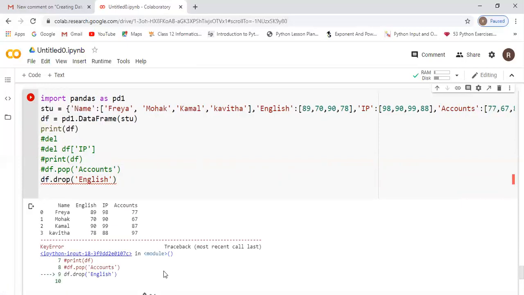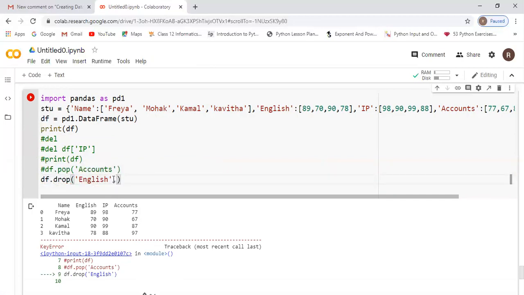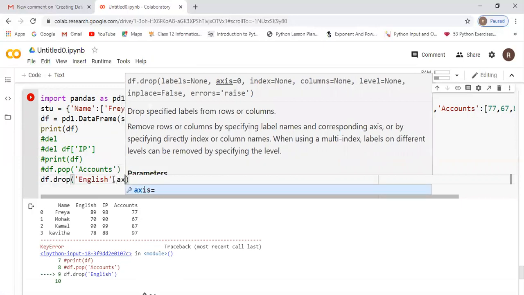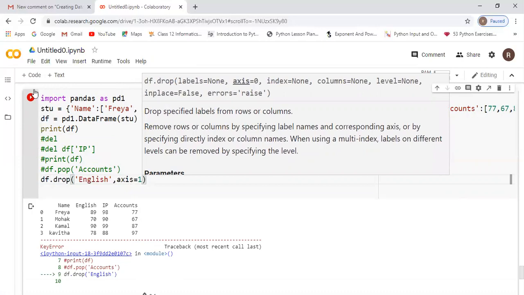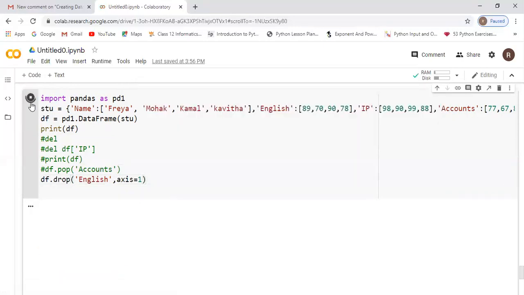Okay, it is showing an error. Why is it showing the error? You have to give one more argument over here: comma, axis is equal to 1. So df.drop, then your column name, then axis is equal to 1.